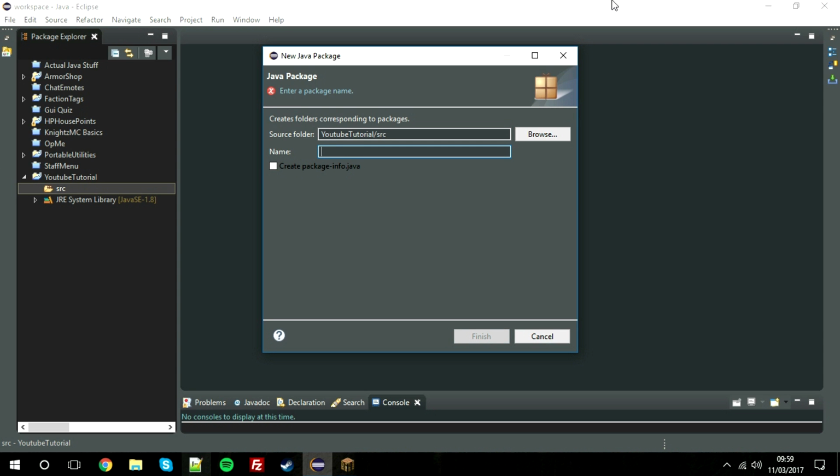You could use com.gmail, okay, never mind, but it doesn't have to be an actual domain name. You could make it "this is a tutorial", although it doesn't like the word "this". Oh, okay, so it has got to be com or something. So com.is.a.tutorial works. So it's got to be com or org, but it doesn't have to be an actual existing domain name. So we're just going to make it